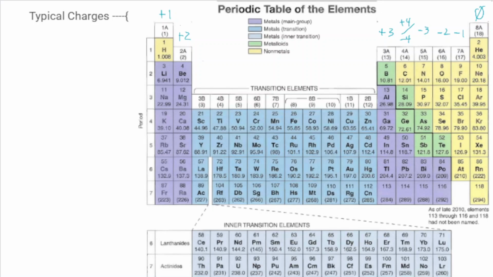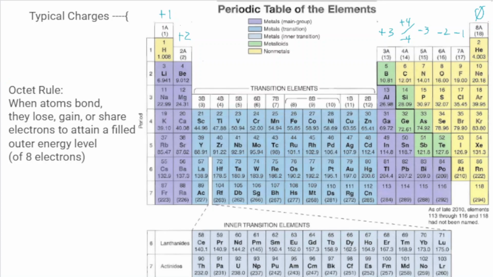So one of the things with this is that we can summarize this stuff with the octet rule. The octet rule states when atoms bond, they will lose, gain, or share electrons to attain a filled outer energy level of 8 electrons. Now the reason for this is if we look at our second row here,